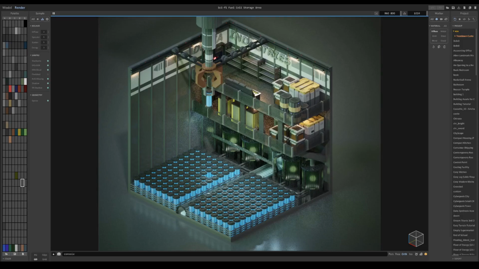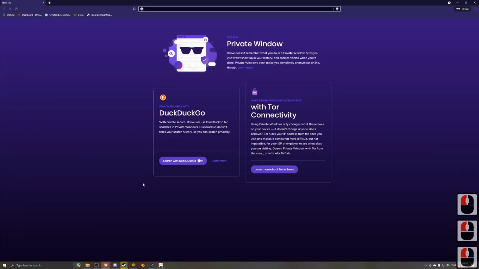In this one, I will show you how to create a sci-fi scene you see here from scratch. Let's get started. Okay, so the first thing you want to do before you start any project in MagicaVoxel is